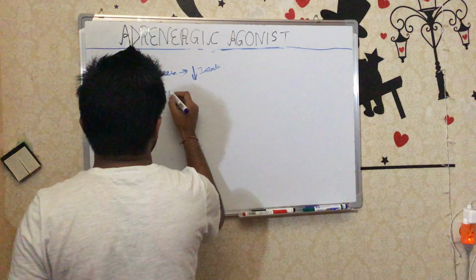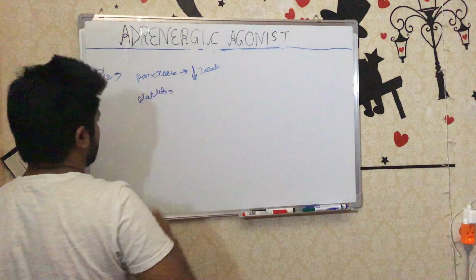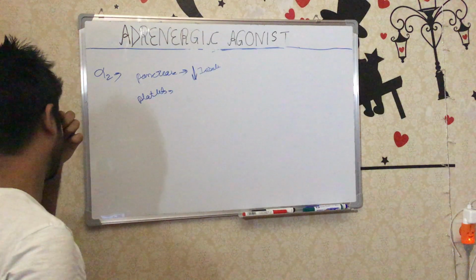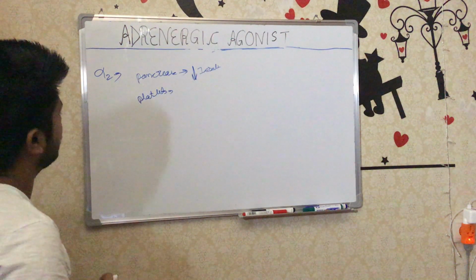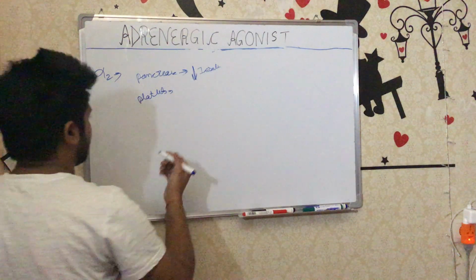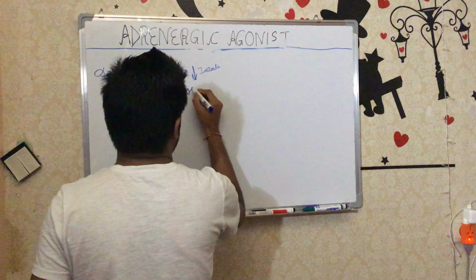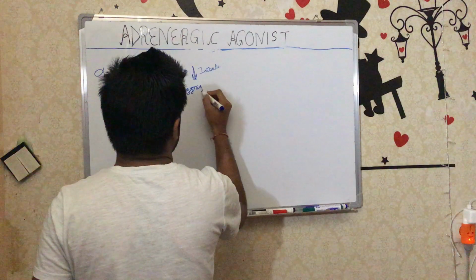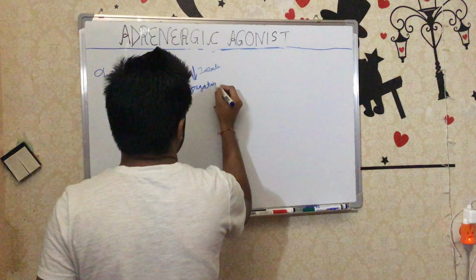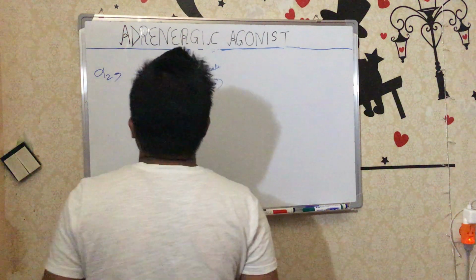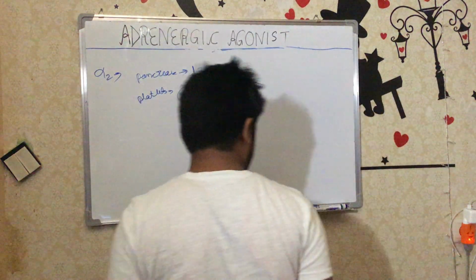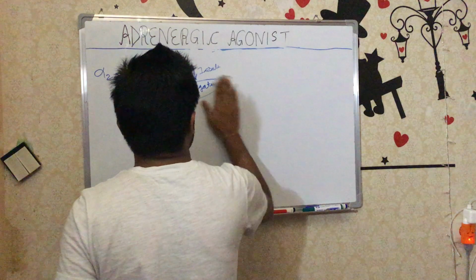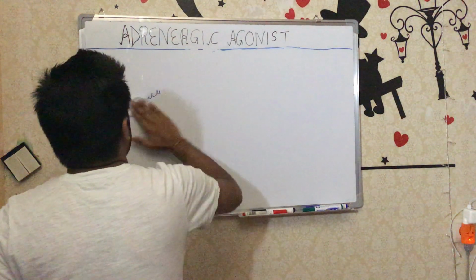Whenever the platelet cell has alpha 2 and the alpha 2 is stimulated, it means the function of the platelet is inhibited, and its aggregation will be inhibited. So alpha 1 we discussed, alpha 2 we discussed. Now we discuss